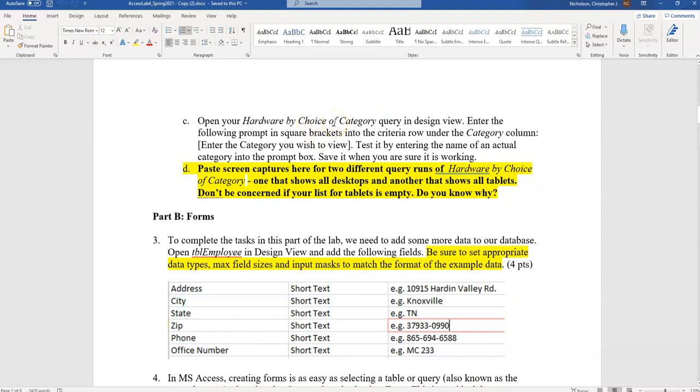It's already in design view for me, and enter the following prompt in the square brackets into the criteria row under category column. So to view, test it by entering the name of an actual category into the prompt box, save it when you are sure it's working. So let's parse this so we understand what it's saying. What we want to do is make it to where under the category column you